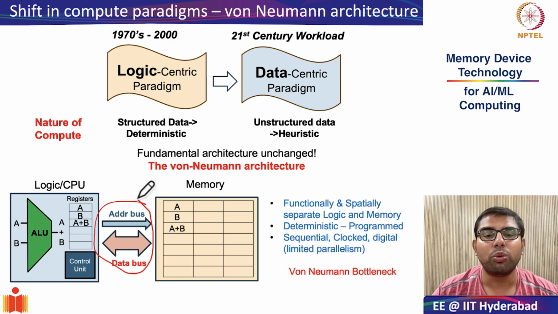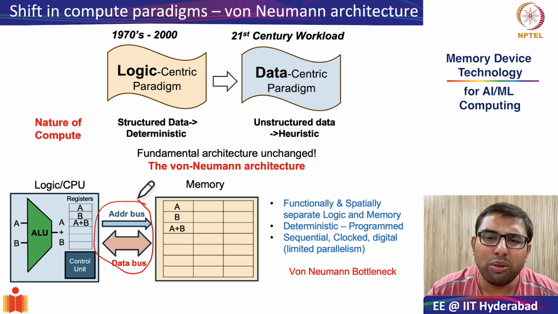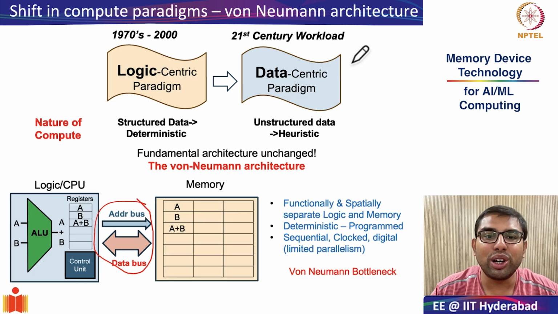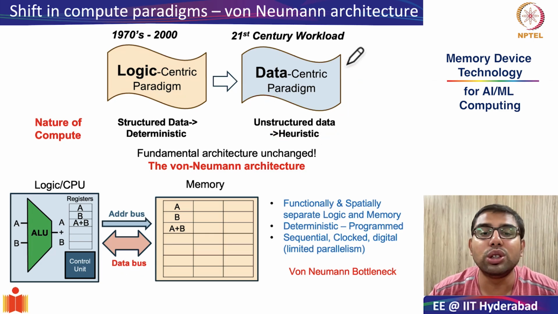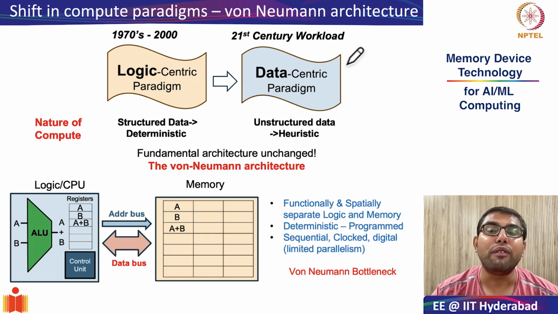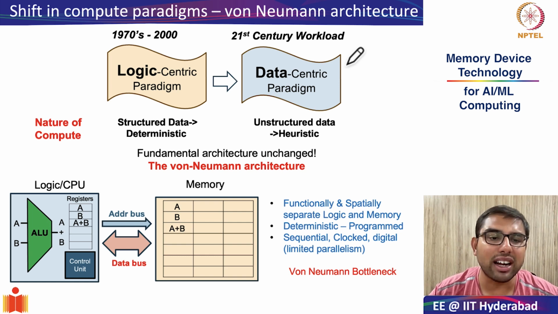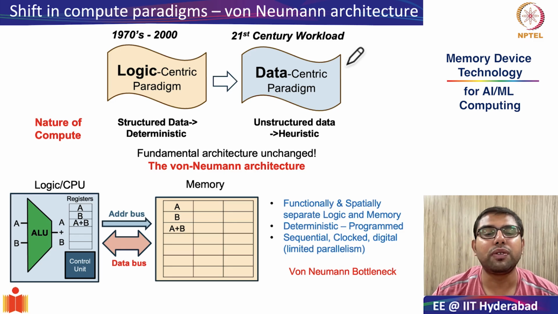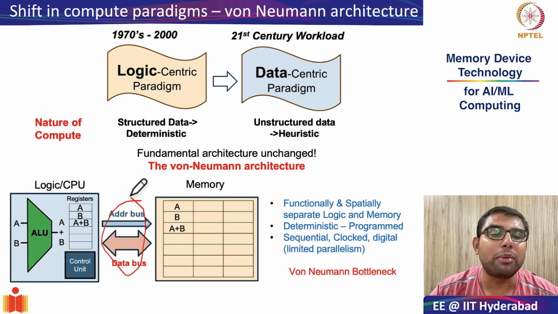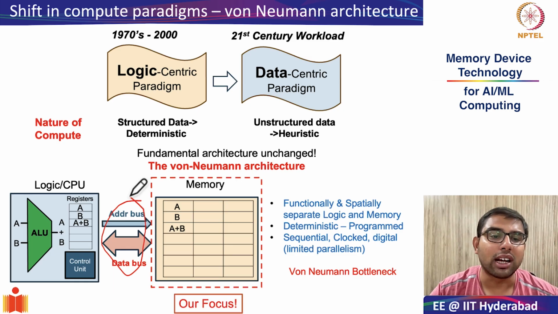Remember, we compared this with the hardware infrastructure of the brain. Why do we care about the brain? Because all your AI/ML algorithms are also inspired from the computational infrastructure of your biological computing. There we saw a fundamental mismatch between the data-centric paradigm and how the von Neumann architecture is built. We saw that when there are frequent transactions between the logic and memory in data-centric computing, this data bus will become the primary bottleneck. That is what we termed the von Neumann bottleneck.